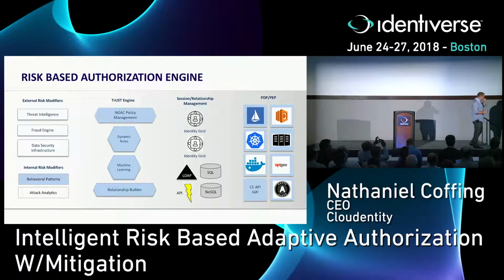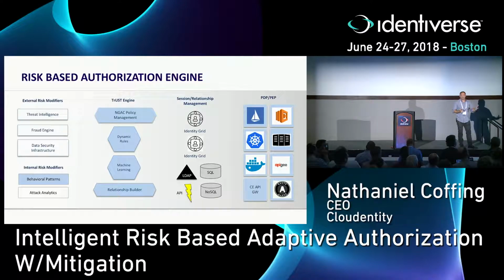In addition, let's use internal risk modifiers for what we're seeing, because now we're auditing, again, end-to-end transactions from user authentication all the way down to the data store query made on their behalf. So I've got a much richer data set to perform delegated rules engines and machine learning on, so I can track user interactions much, much better. Let's also build in attack analytics. What's happening in the apps themselves? Is there a RASP present on that app? Is it publishing data back? How can I consume all that in real time using what's happening on the wire to make these much more complex authorization decisions, but I've got to keep the authorization policies simple.